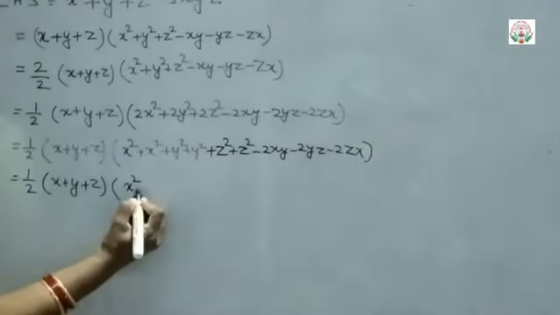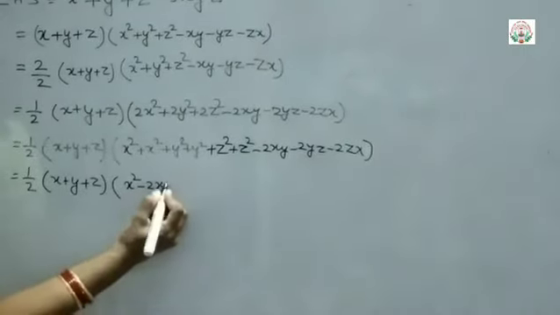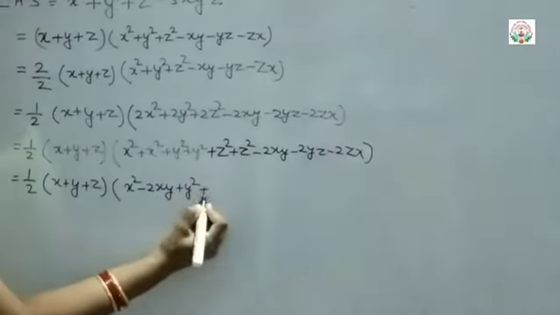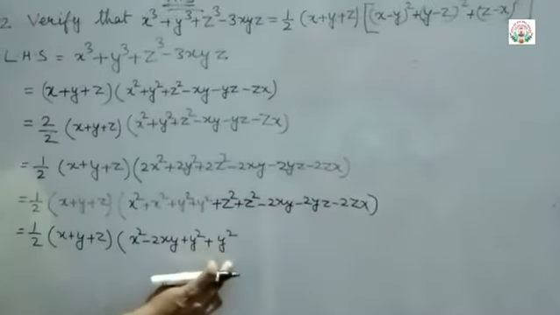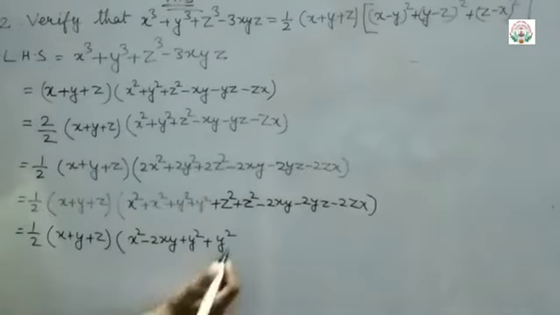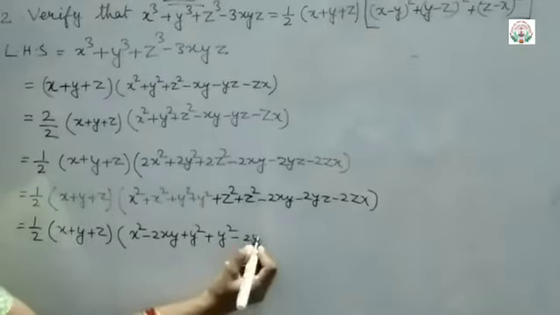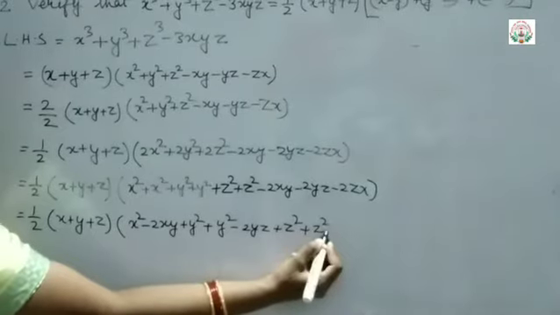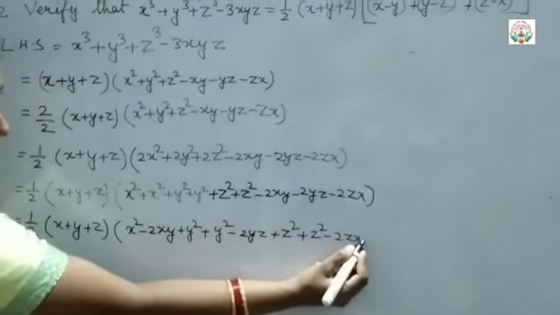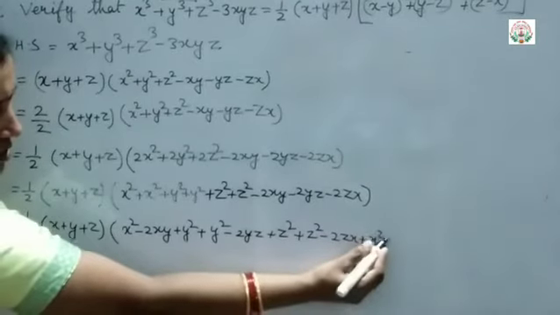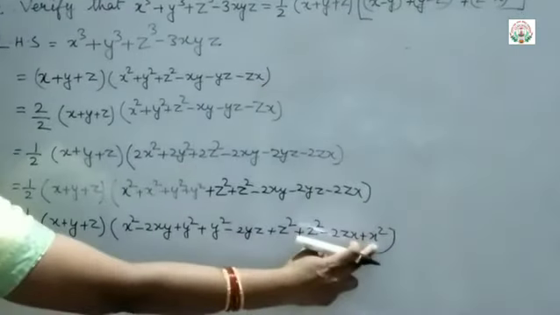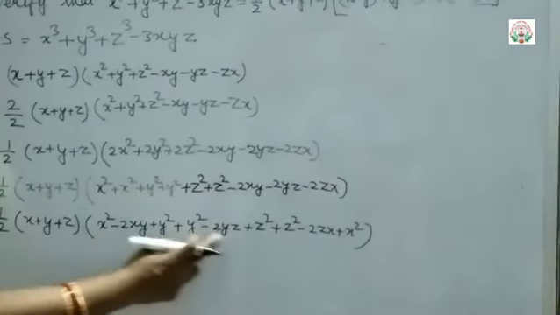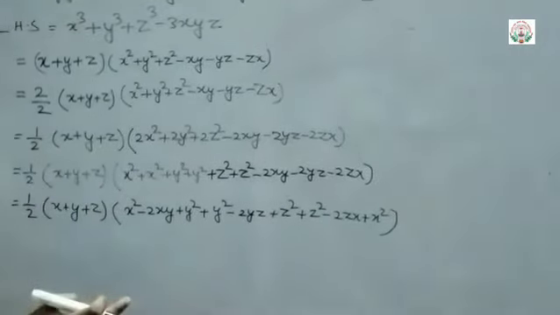One x square I will keep here, the other x square I will take to the next side. That is here. After that, minus 2xy I will bring, then 1 y square I will write, then after that again y square. You can see both the y squares I am using, 2y square. Then again minus 2yz plus z square. Same way z square, then minus 2zx, then plus x square. So you can see x square plus x square, 2x square, got it? Then y square plus y square, 2y square, and then z square plus z square, 2z square, got it?